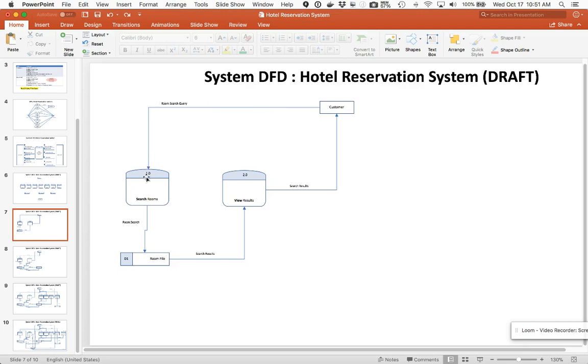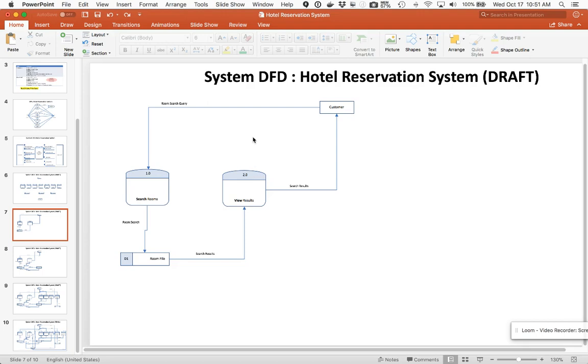Okay, but we've identified the flow of data, the data flow. The query parameters go search against the database, the room file. So these are the rooms. Search results go back to view results, and then back up to the customer. Now, I would argue that this is not complete because this gives you information about the room, like you were searching for rooms. Yes, the hotel has a room that has 2 beds, right? Or has 2 queen size beds or 1 king size bed,